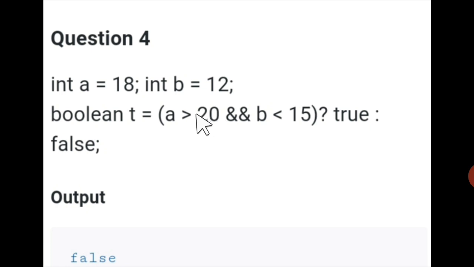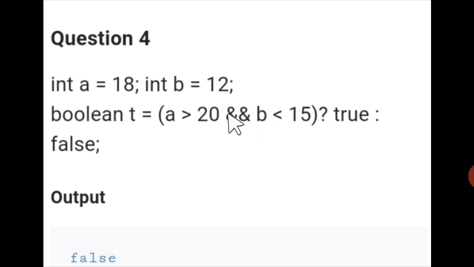Okay, so A is 18 and it says A greater than 20, so 18 is not greater than 20, so automatically this becomes false. And if you check the other one, B less than 15 and B is 12, so this condition is true.